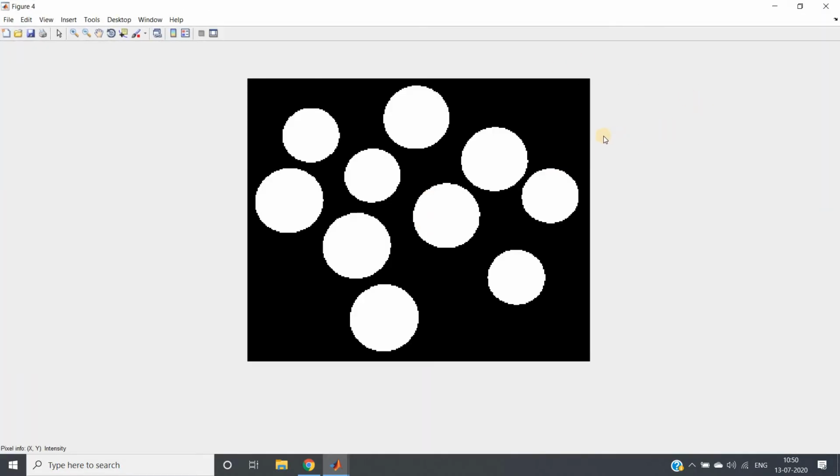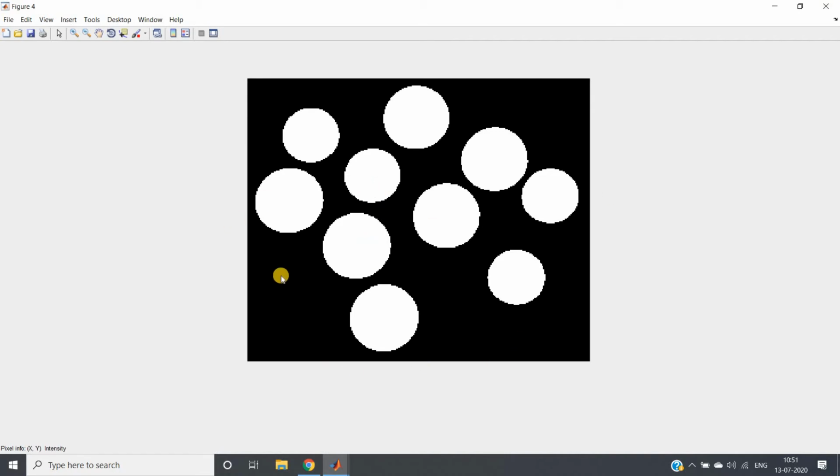If I take my mouse pointer to any of these circles, this particular binary object, I will be getting the corresponding intensity of the labeled image and the pixel coordinate also. I am taking here, I am getting 6, here 2, here 1, here 3, here 5, here 7, here 4, so we are getting different label values. But it will be very easy to understand if we are able to write the label values on these objects.